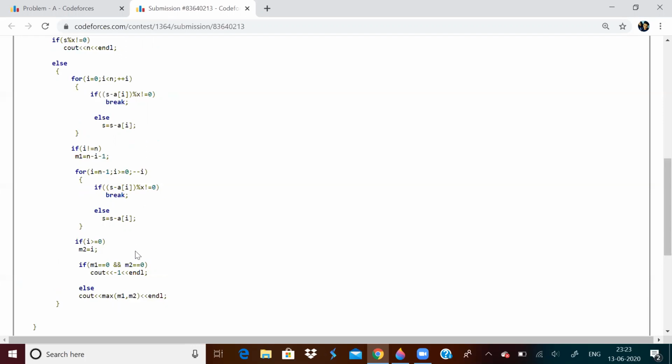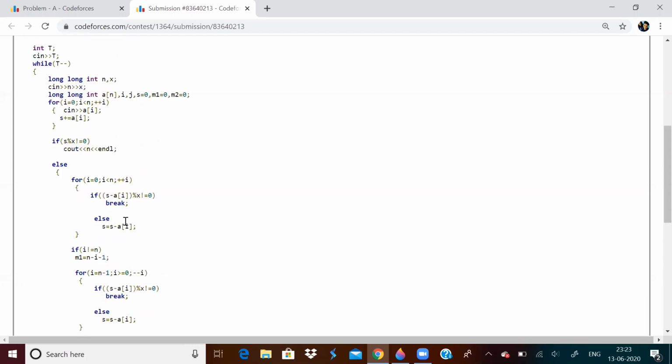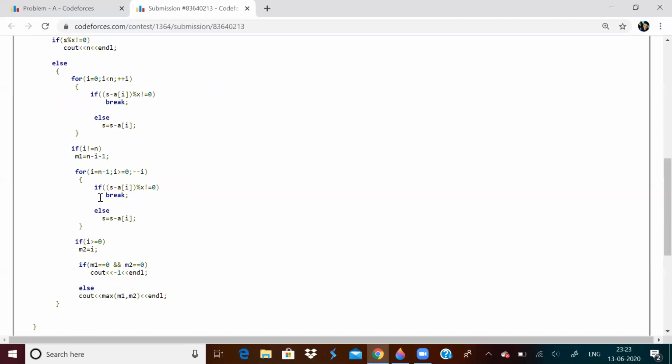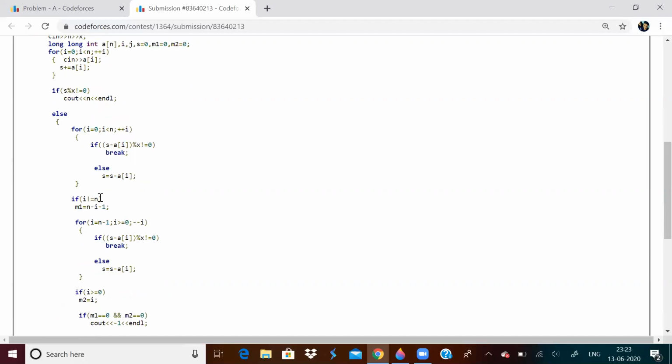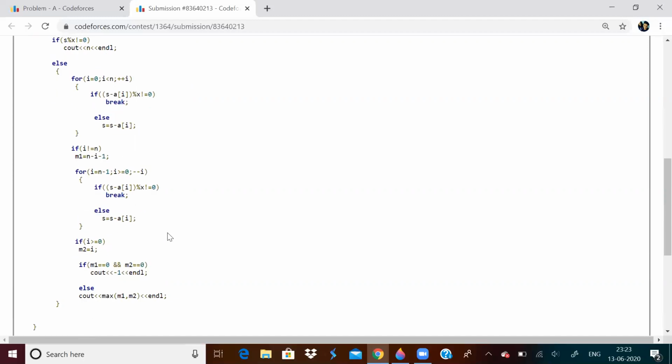So you can get an O of n solution. It is easy. I suggest all of you to try it once again. Basically, you have to just find the entire sum and traverse the array from left to right and keep on decreasing the sum value. If it is true, it will be, otherwise it won't be.